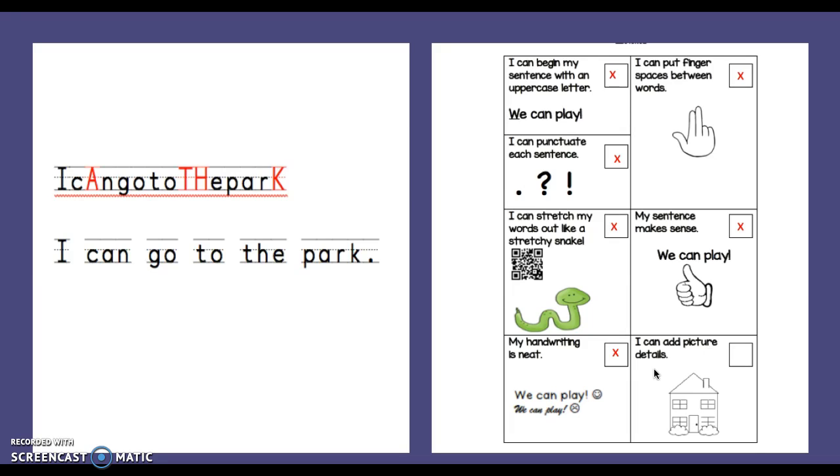I can add picture details. Now, boys and girls, I did not put a picture here because I was just really working on the rubric view. So take a look at your picture and see if you use lots of color and you're nice and neat and no scribble scrabble. And if you did a great job, you should put an X